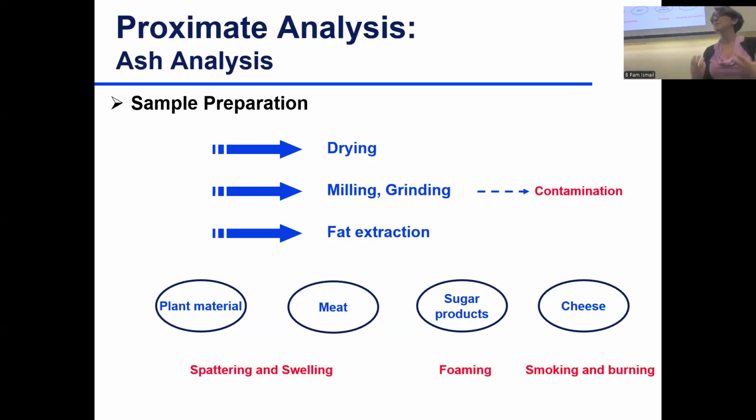So what happens if the moisture in your sample is high and you put the sample at this high temperature? Splat. The moisture wants to evaporate very quickly out of your sample. So if you have cheese, for example, it's just going to bubble off and you will lose parts of that cheese